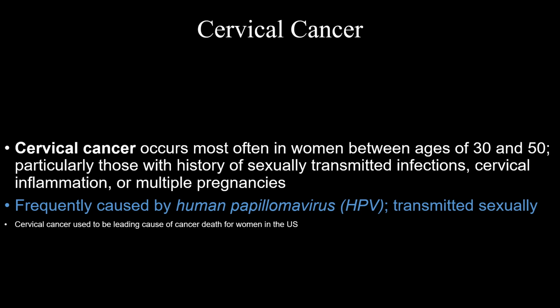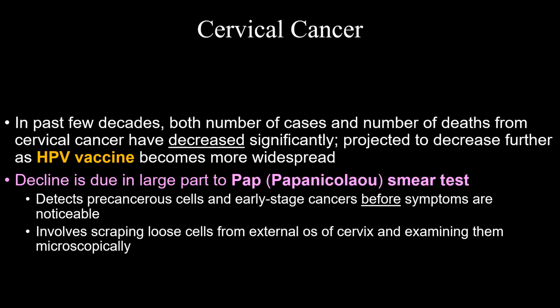The decline is largely due to the Pap smear test, and this detects precancerous cells and early stage cancers before symptoms are noticeable. These Pap smears are super easy to do. All they do is they scrape some loose cells, and I know scrape and cervix do not go together, but it's a little bit of pain to see if any of these precancerous cells show up, or if there's any abnormal development called dysplasia, and that can warrant further investigation, including a visual examination of the cervix or even a